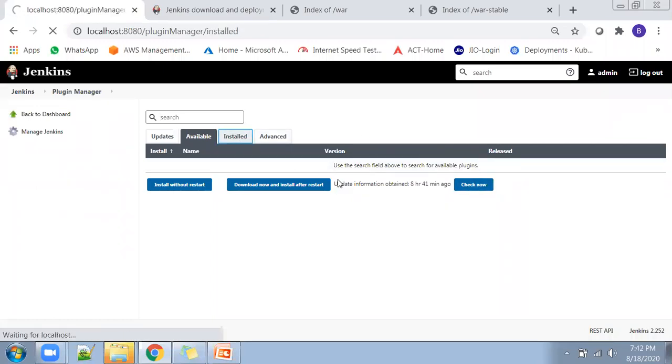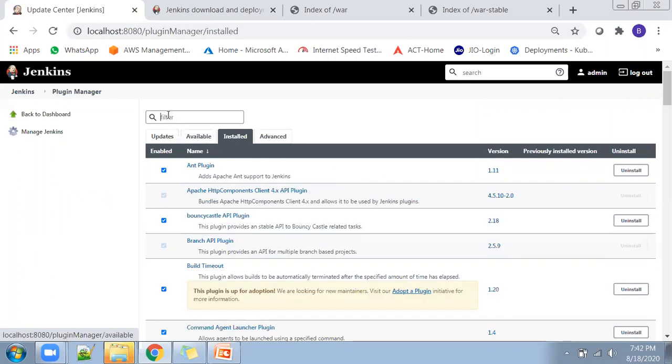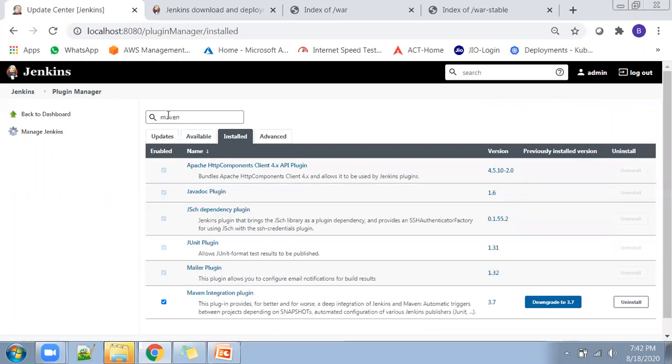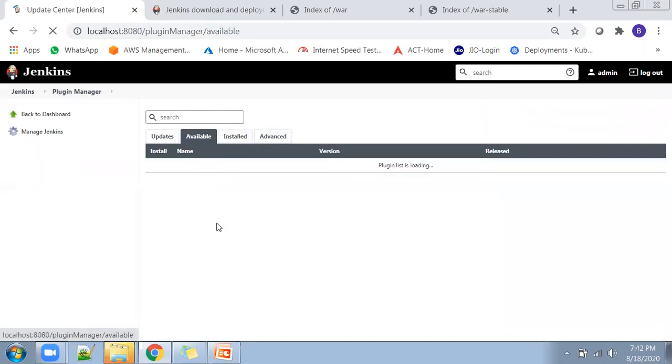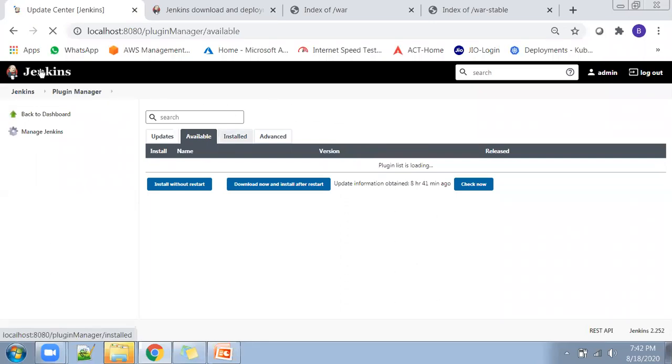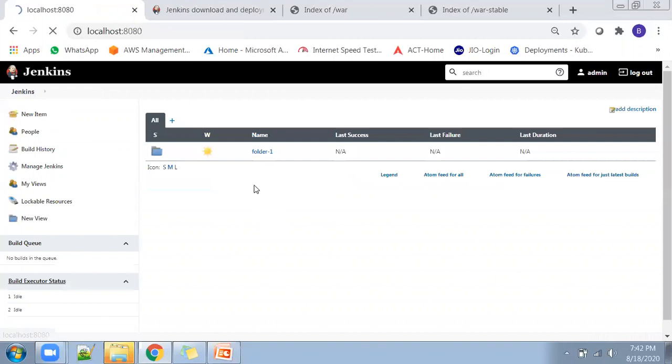I will see whether the Maven integration plugin is already there. You can see the Maven integration plugin is already installed. That is why it is not showing in the available section. Sometimes whether you can see the list of available plugins also depends on the internet connection. So once you install those two, you are free to start any other job.